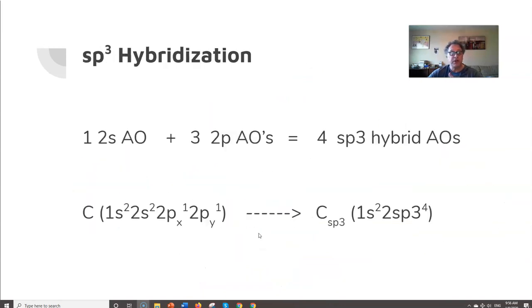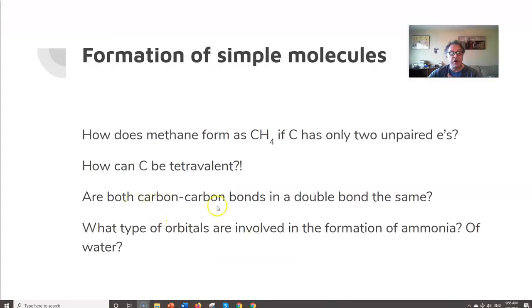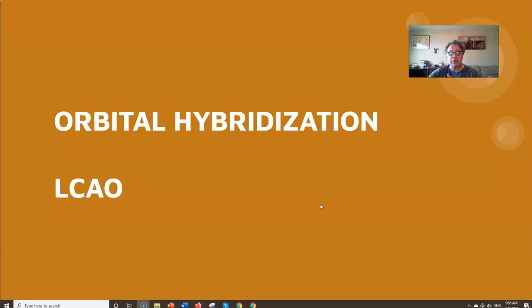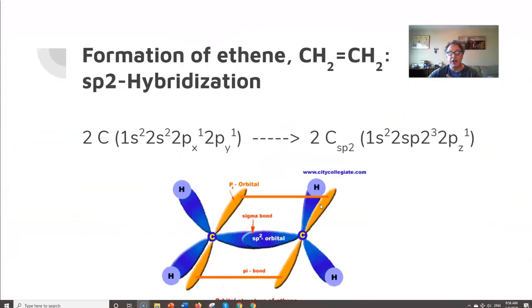So remember that question, way back here. Are both carbon-carbon bonds in a double bond the same? Well, now you know the answer is no, they're not. They are not the same. And